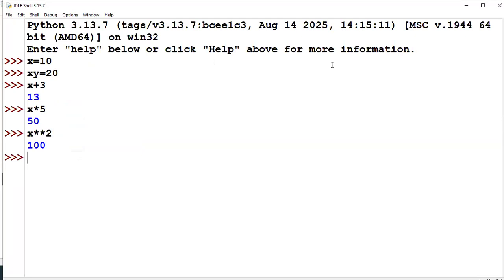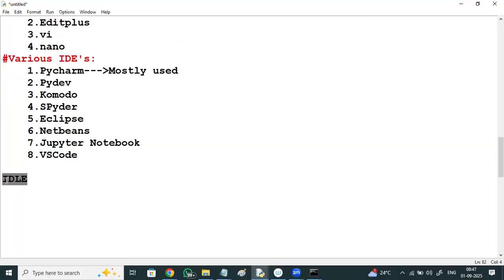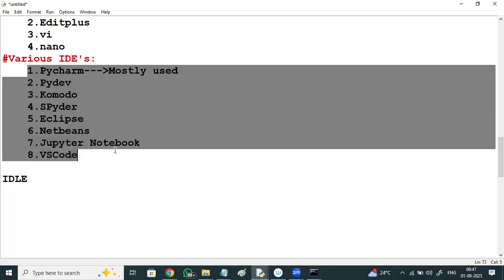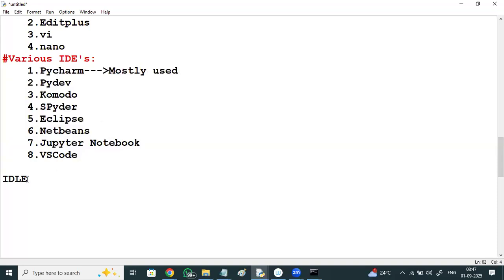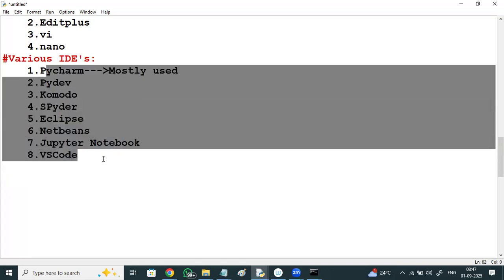Ideally, this is for learning purpose, even for a beginner as a learner, an integrated development learning environment. So for learning purpose, this is mostly used. These are the various IDEs I'll be showing you. Later, once we are done with a little bit of technical content, I'll show you how to download and how to install them one by one.